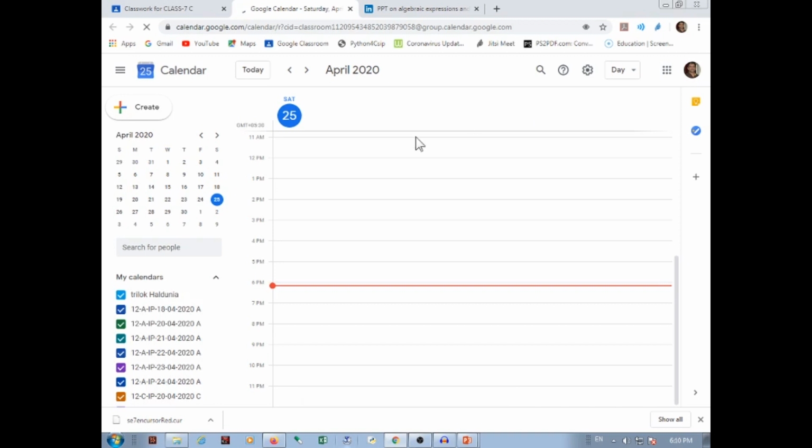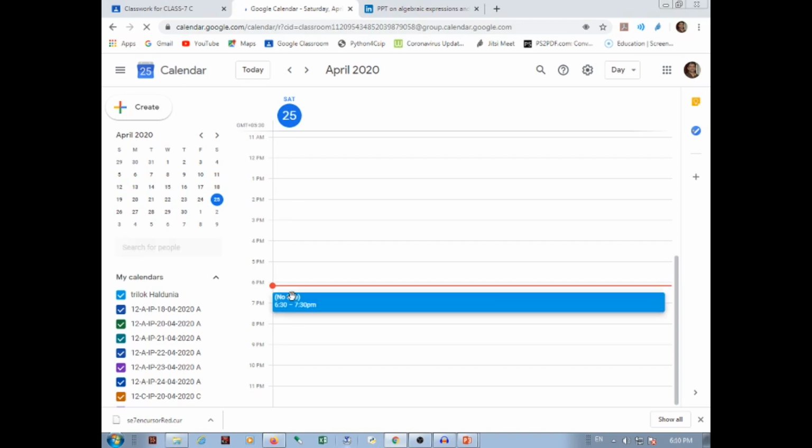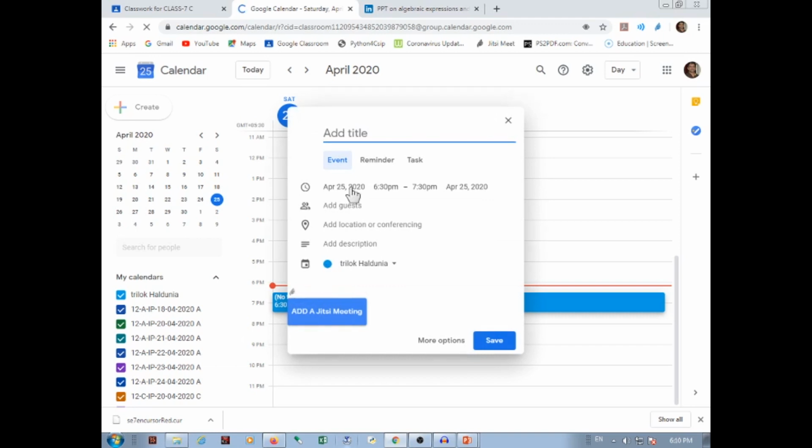So you would find here that the calendar is given and the time frame is given. Click on that particular time. Simply click here. You would find this type of pop-up window where you have to give the title. So, live session. For example, we want to interact live with the students. You can see here that the add GISC meeting option is also here.